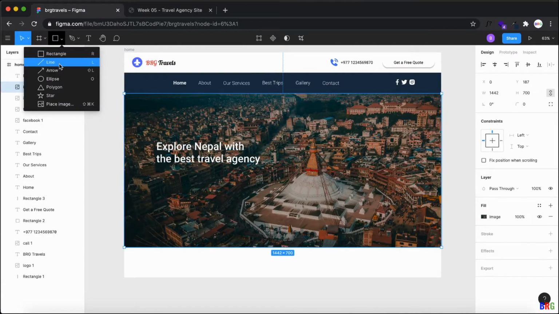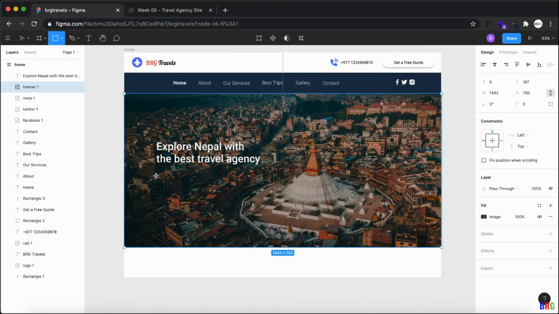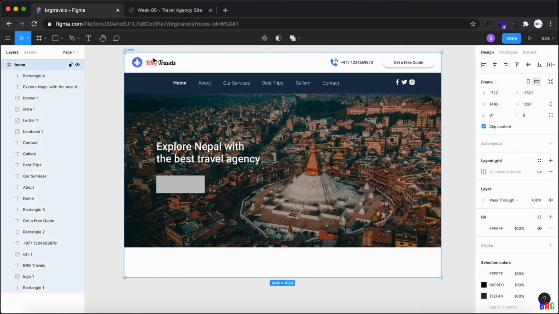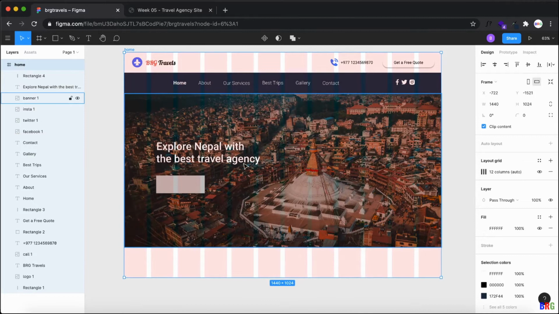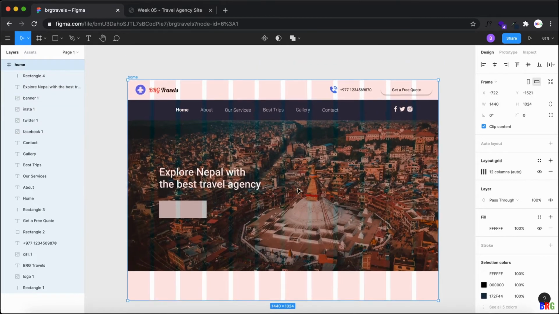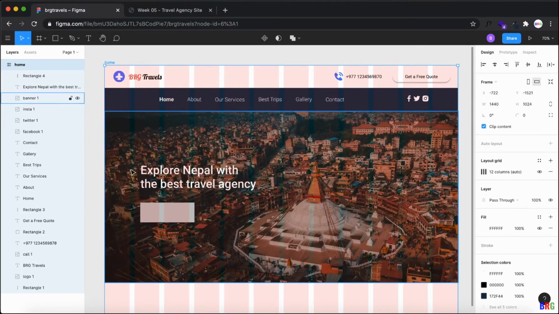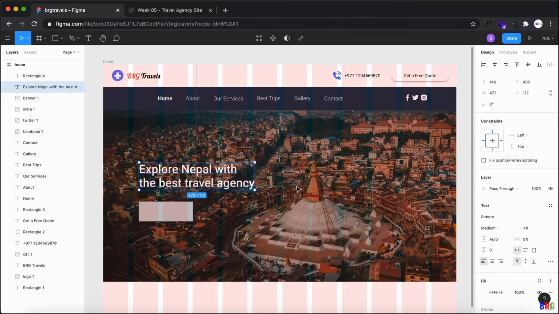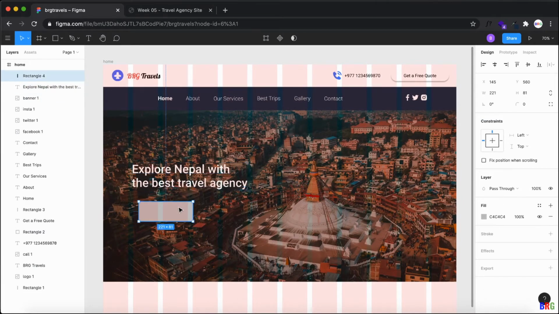Same, go to rectangle and then create a bit here, okay. Let's see the grid layout here. So let's place our explore text starting from this first row, this part, and then the button also this part, okay.